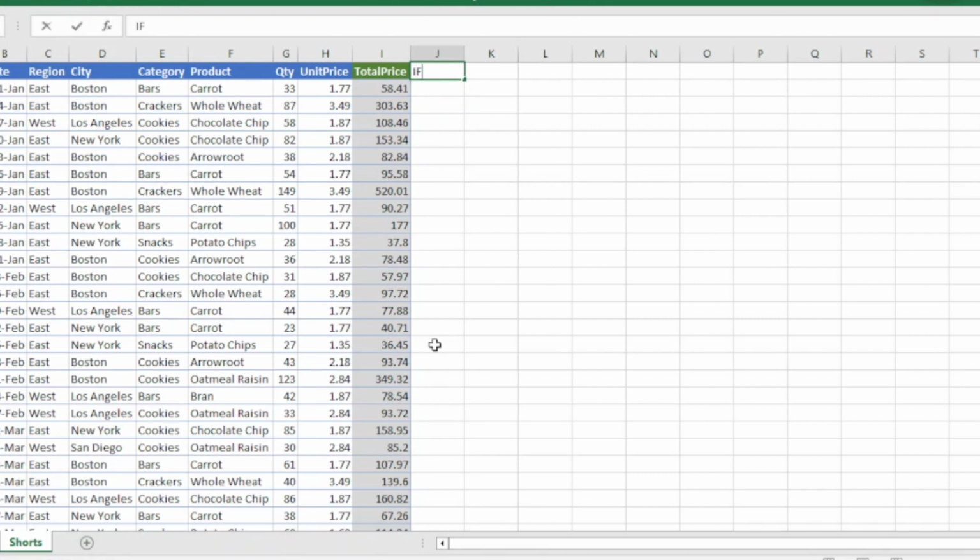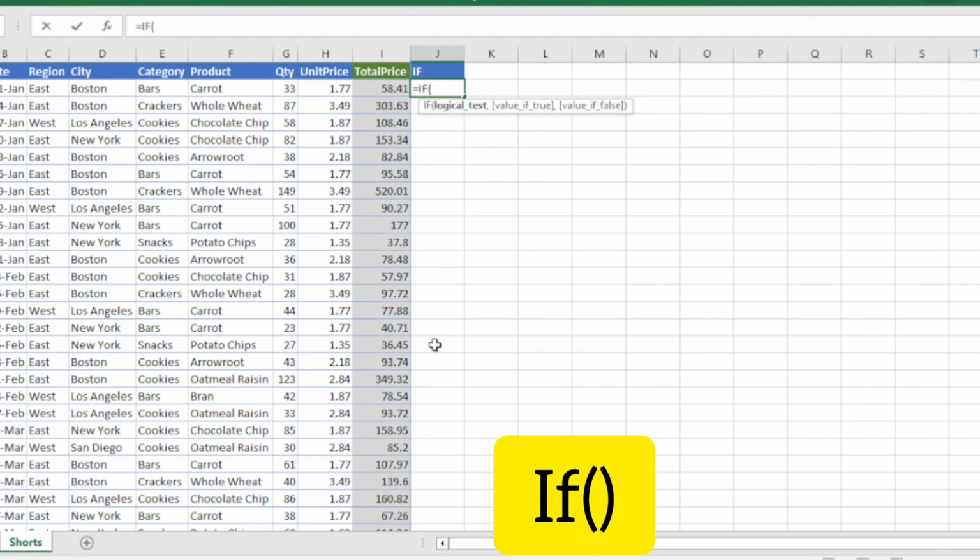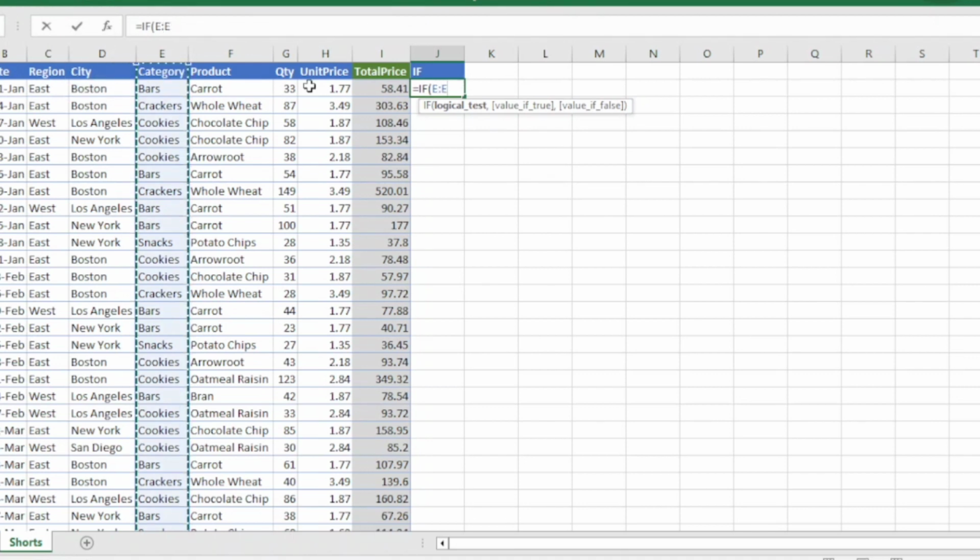The very first one which we have is the normal if condition. Everyone knows that with the if condition we can get a logical test. It is a logical function, and the normal if will help you retrieve the value true or false. So here, as per this logical test in this syntax, I am going to select the category column E to E, lock the cell, and give the condition which is equal to Gokul, which is our channel name, Gokul Tech,